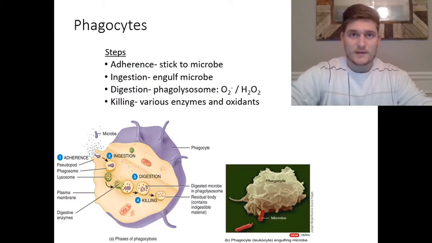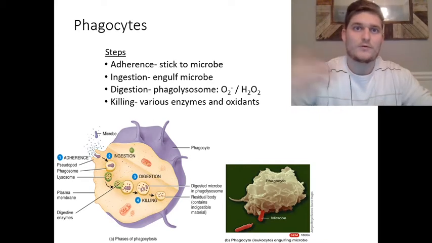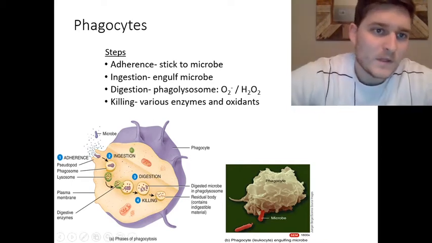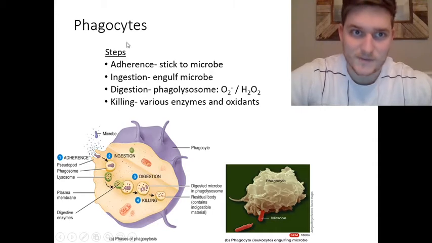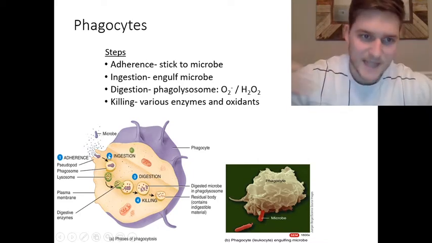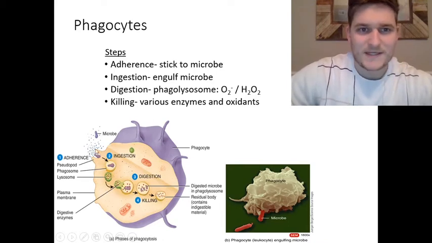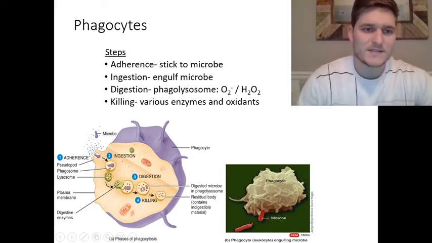Phagocytes are cells within our body that help to engulf and digest different microbes, but can also help to get rid of old or damaged cells or old or damaged organelles. And so this process is called phagocytosis, and it's going to start when the phagocyte binds to this microbe. Again, it could be a damaged cell or organelle or something, but we'll just say microbe since the figure says that. So it adheres, and then a phagosome, which is a vacuole within the phagocyte, is going to